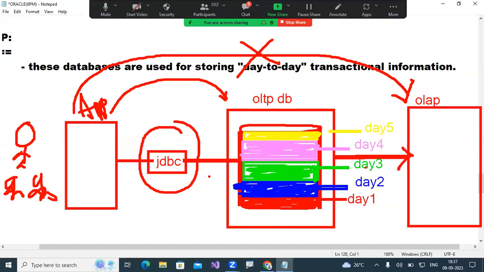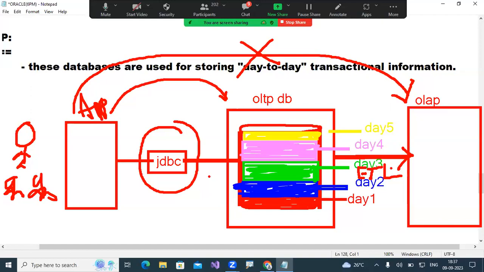That connectivity is called ETL tools. Just as JDBC, ADO.NET and Django frameworks are used for making connections between front end and back end OLTP, the same applies from the OLTP database to the OLAP database for connectivity's purpose.